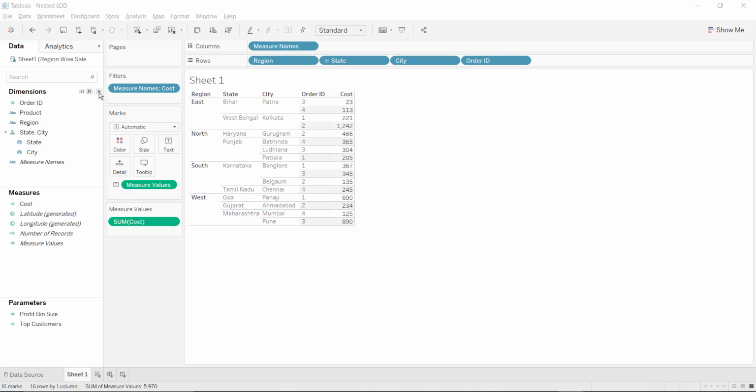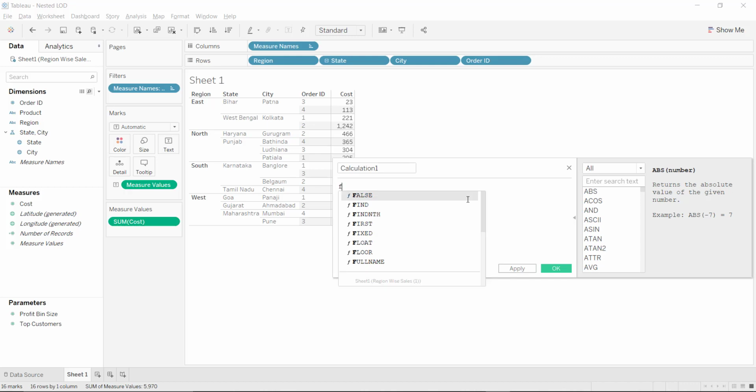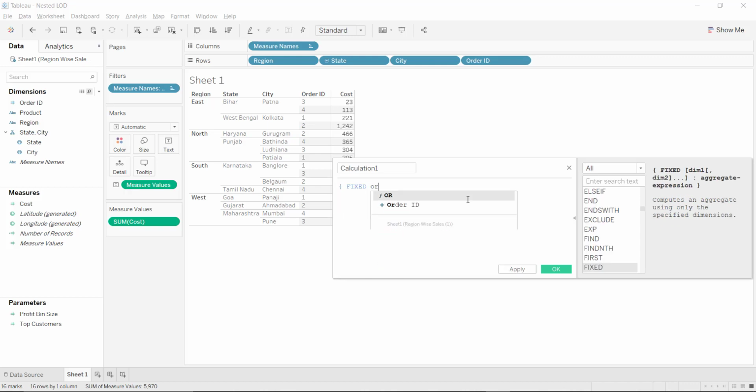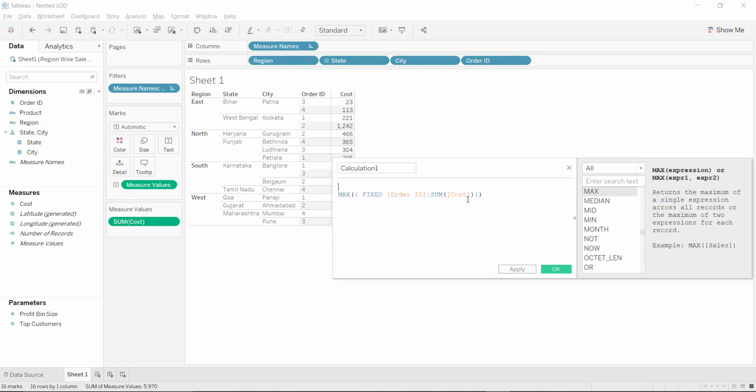So create a calculated field. At the level of order ID, first find the sum of cost, and then I have to find the max value out of it, and that max value is to be found at the level of state.